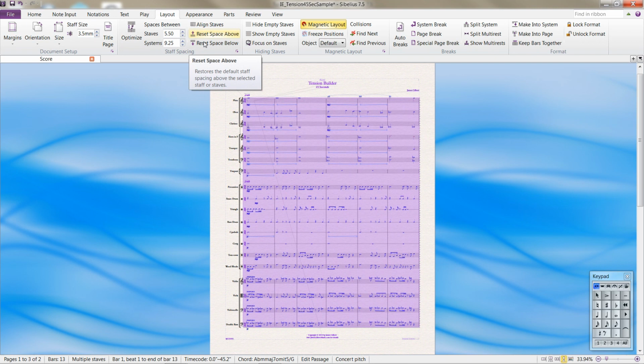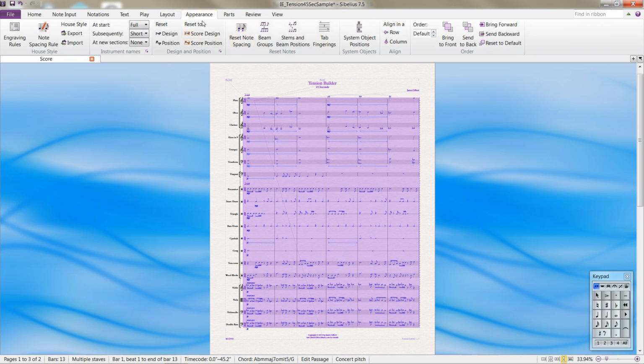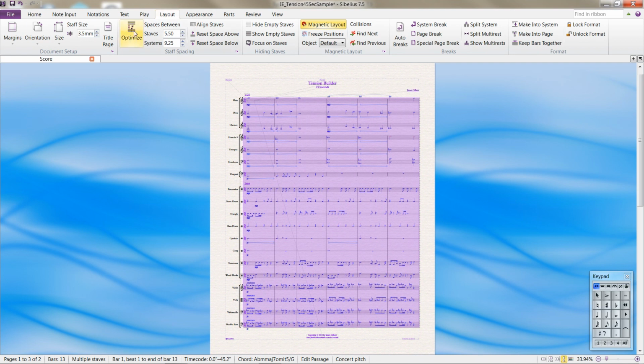And if you're importing files from either XML, Photoscore, or even MIDI, sometimes I find it advantageous to do the reset space above and below. Notice it changed, and then below, didn't see much of a change there. Then go through, do your spacing, note spacing, and then this little button here I find very helpful, Optimize, and